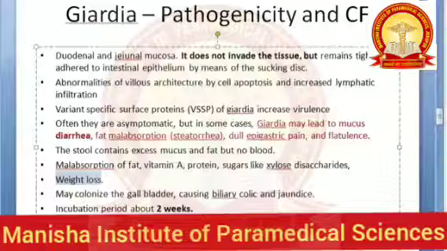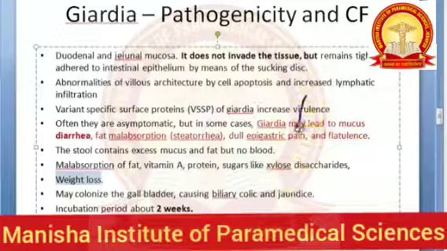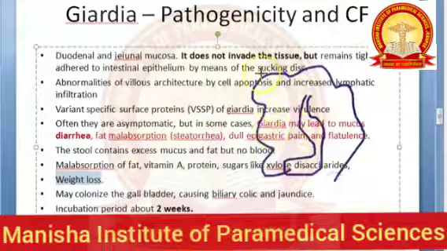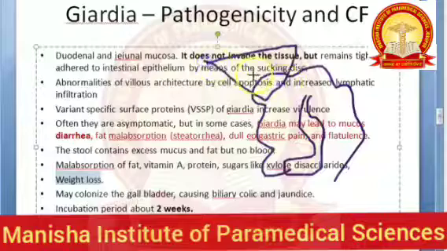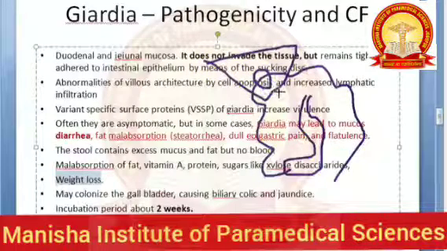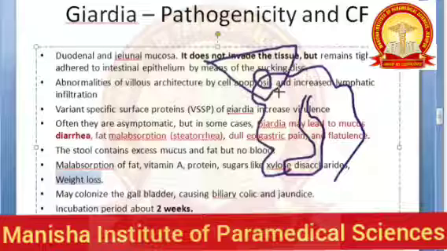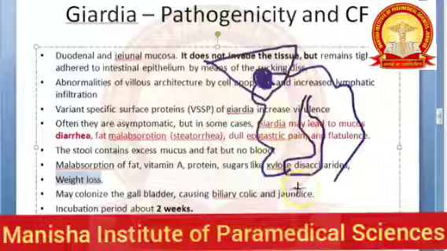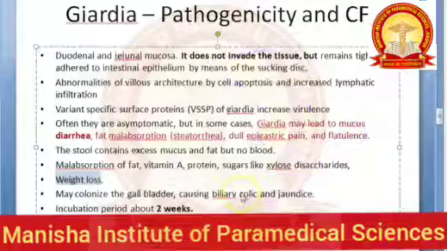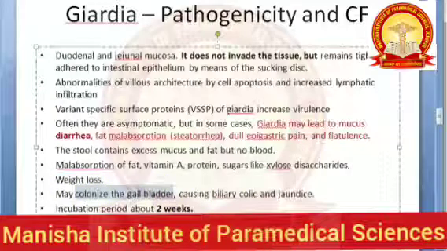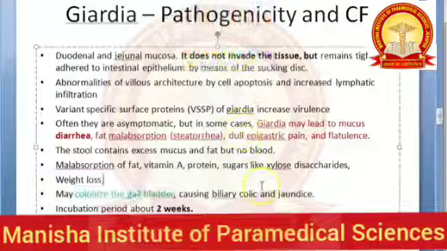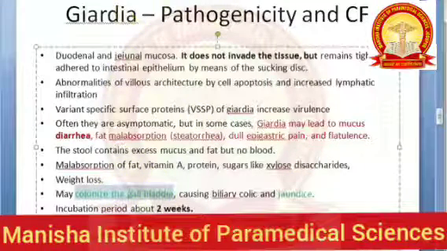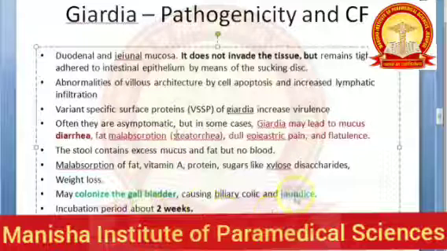Now what will happen, this Giardia lamblia, not just the small intestine and then the large intestine, it can also affect the gallbladder. Okay, it can affect the gallbladder. So once it affects the gallbladder, there can be biliary colic and jaundice. Jaundice can be there in this person because it is going to colonize the gallbladder. It can colonize the gallbladder and it can cause jaundice. Gallbladder we'll write in green because it's green. Jaundice we have to actually